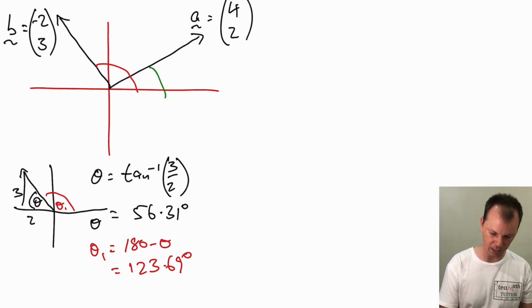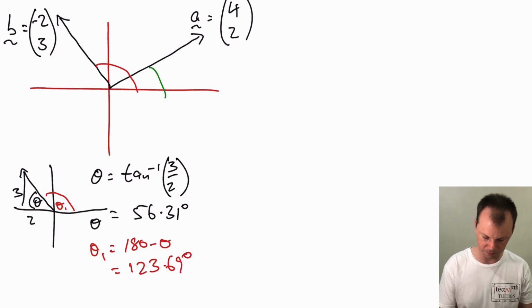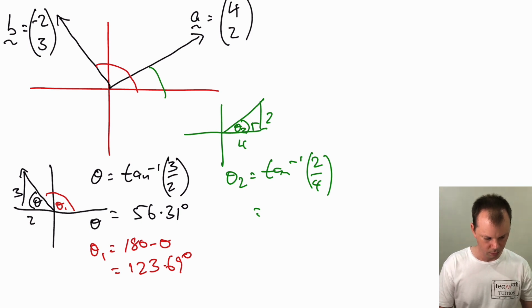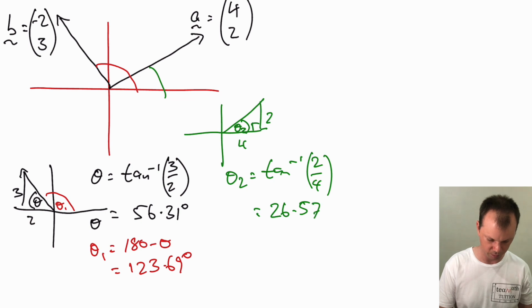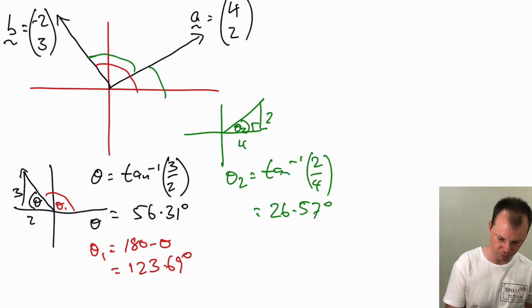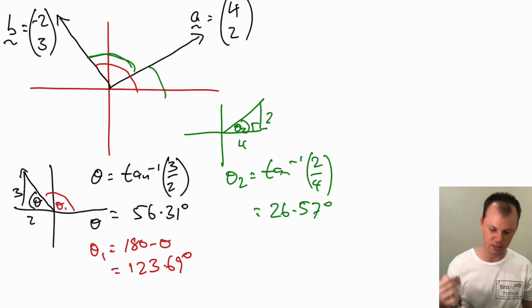Now we need to work out this part. So doing that, we can draw a diagram again. We've got 4 across, 2 up. Call this theta 2. We get 26.57 degrees. Then our difference here, so this angle here, is just going to be